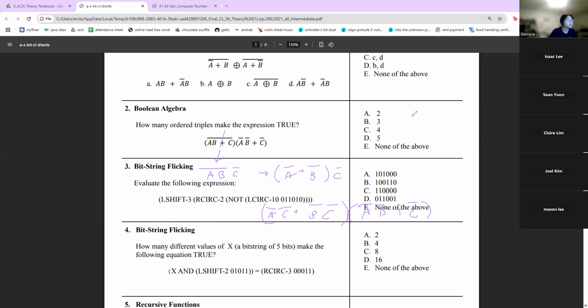This gives us not A, not B, not C. I'm going to write it up here. Not A, not B times not C, plus not A times not C, plus not A, not B, not C once again. Yeah, once again, that's just going to be the same. And then not B, not C. So either one of these two can actually cancel out this not A, not B, not C entirely, which means we're essentially going to be left with,